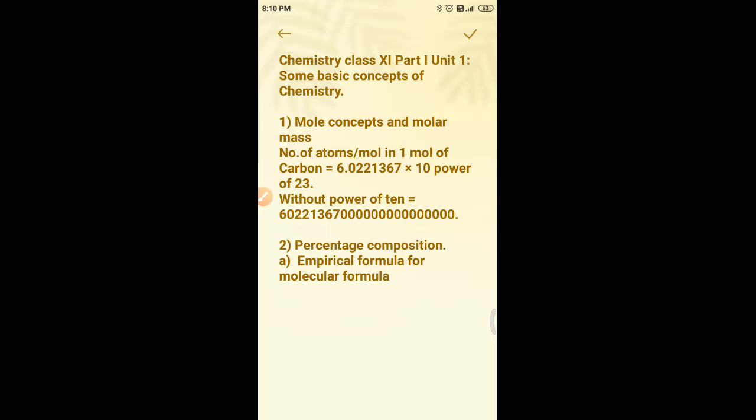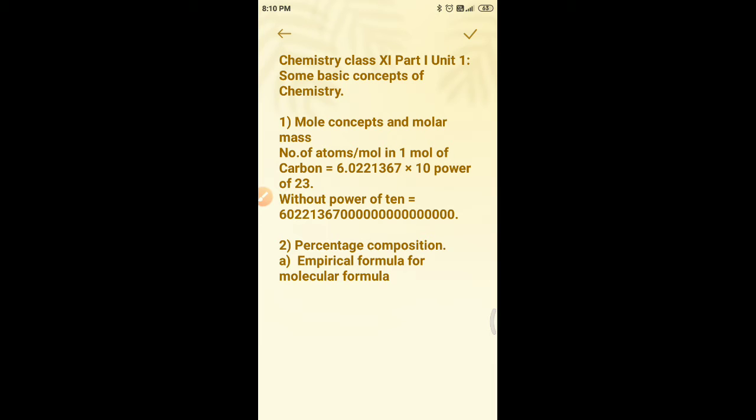In the same way, you can calculate the mass percentage of hydrogen. Here the molar mass of hydrogen is 6.048 gram divided by the molar mass of ethanol, 46.068 gram. Multiplying with 100, we get 13.13 percent as the mass percentage of hydrogen. In the same way, we calculate the mass percent of oxygen. The molar mass of oxygen is 16 gram divided by the molar mass of ethanol, 46.068. Multiplying with 100 to convert to percentage, we get the answer 34.73 percent.